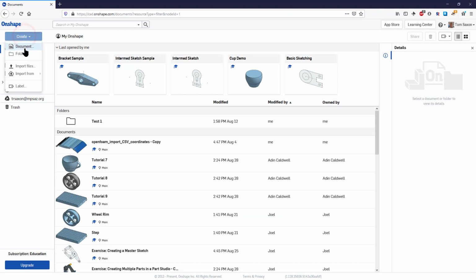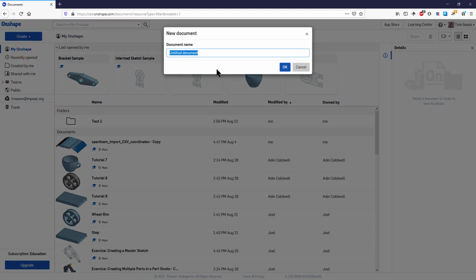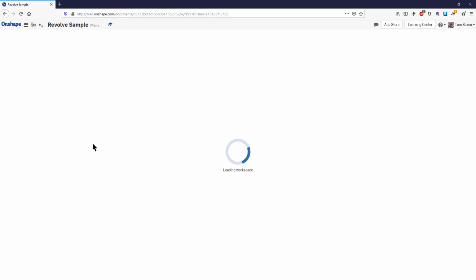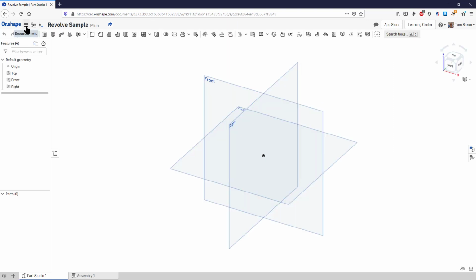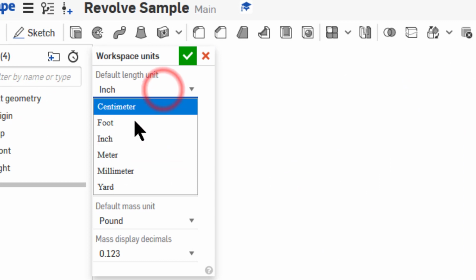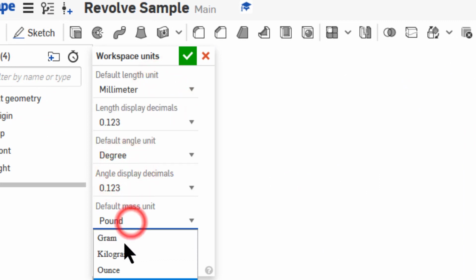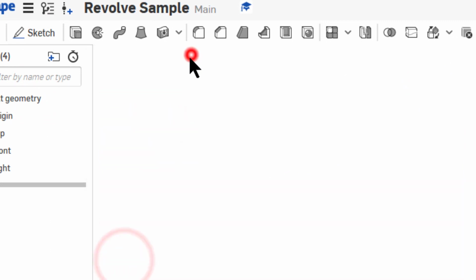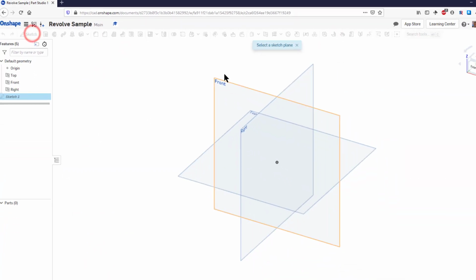So we'll make a new document. I'm just going to call this Revolve sample. You can name it whatever you'd like. And we're going to set our units. Workspace units, we're going to go ahead and go to millimeters, and we'll go kilograms here just as practice for later on. Start a new sketch on the front plane